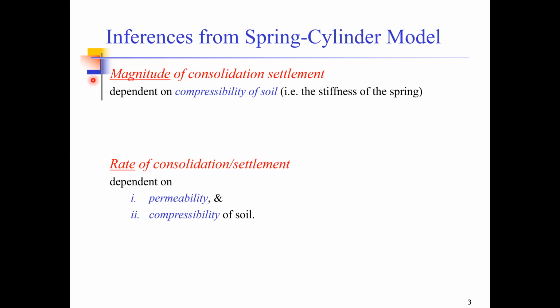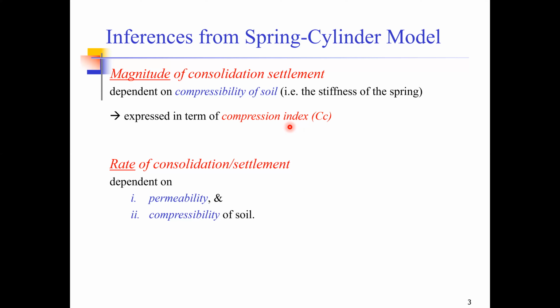Now, talking about the magnitude of consolidation settlement, this is generally expressed in terms of an index which is known as compression index, represented by C subscript C. So remember, if we are to determine the magnitude of settlement, that is generally expressed in terms of compression index. Whenever we have to determine the magnitude of settlement, we will use the compression index